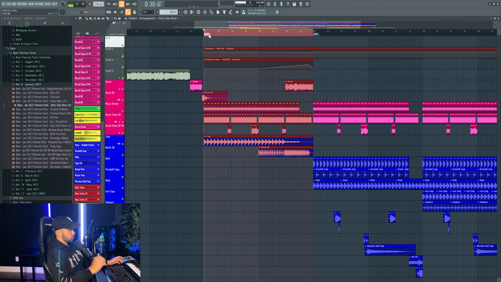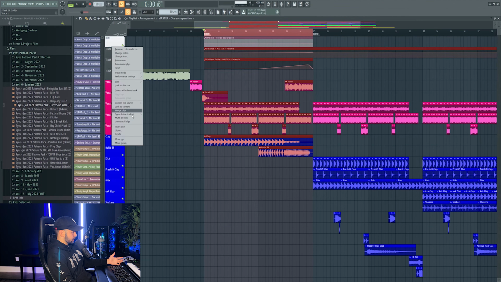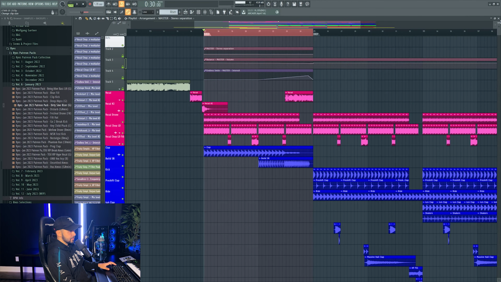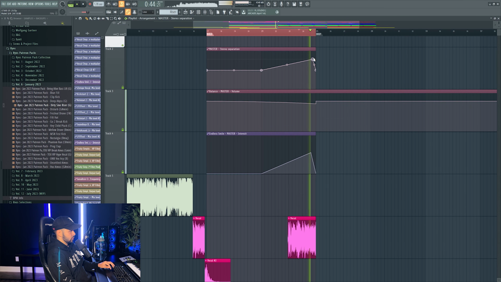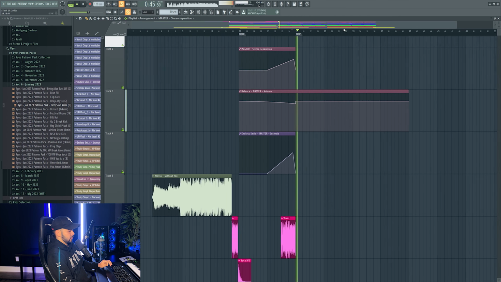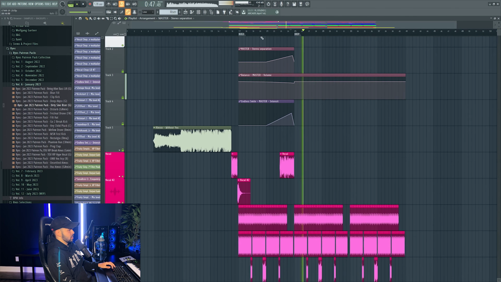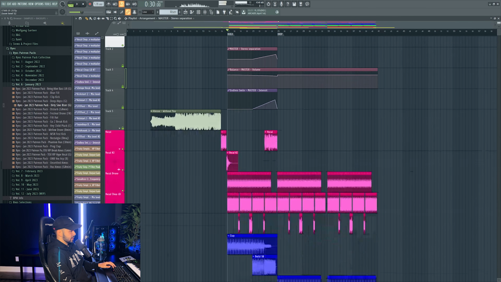Now, the other thing that's happening, because we're washing out so many elements and it's reverb, we're getting way too much width on the master. So what I'm going to do is automate the master so that we do something like this. Basically, I'm going to automate the stereo separation, and we're going to make it more narrow as the buildup progresses. Oh, yeah. Like magic. Makes the buildup sound way better.